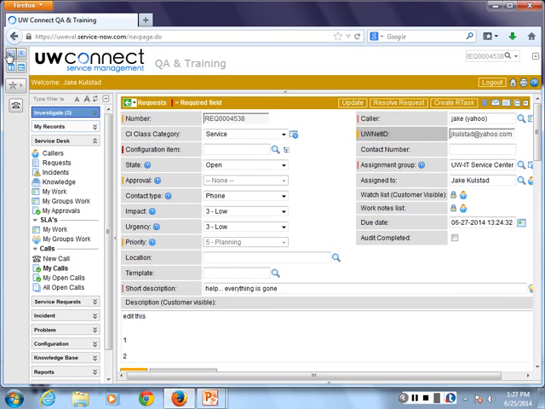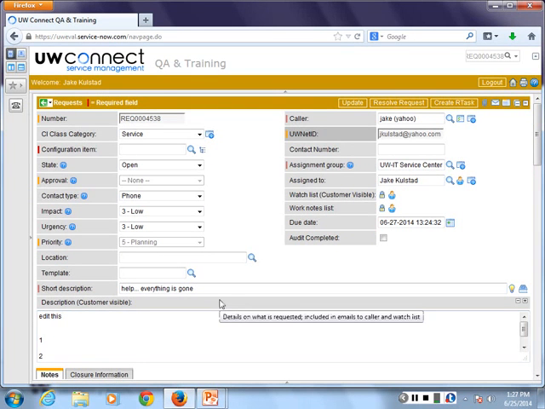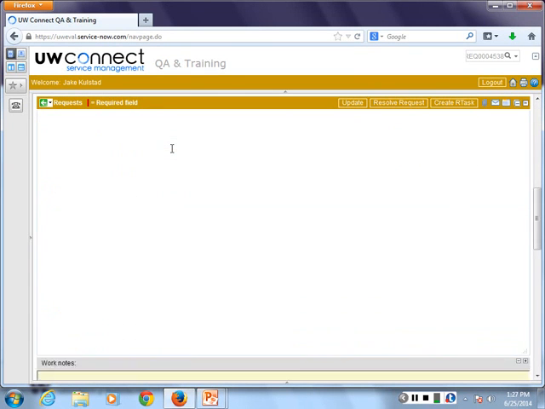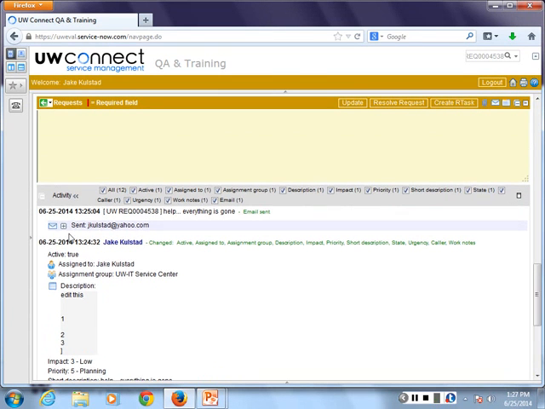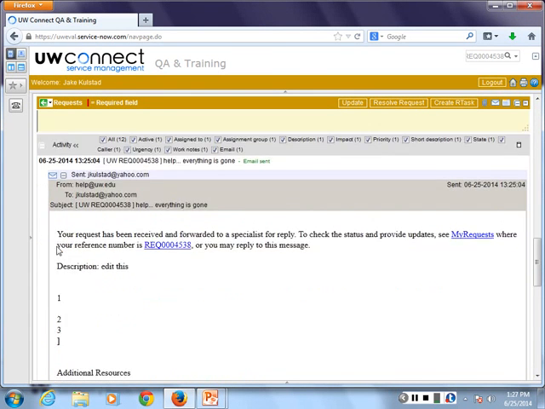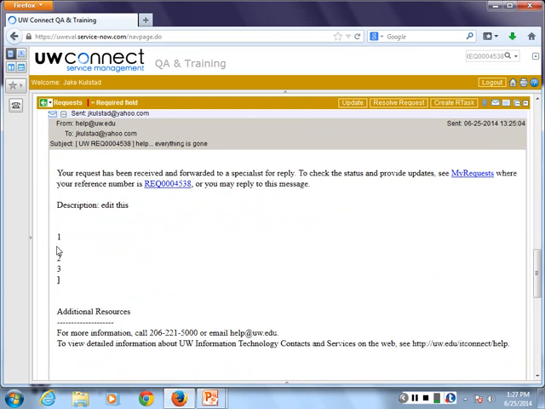All right. Let's take a look at a request record for the first time. How many people have already kicked the tires, clicked around, and made some stuff? So for some of you, this is not the first time. For others, it is. We can scroll down and check out the log. What you can see in the log is the edited description that I had transferred over from the call record. And you even see the formatted email. This is exactly what the customer saw. So the edited description I provided was sent out to the customer in an email, and a link to go back to our portal and follow up on their request. Does that make sense?